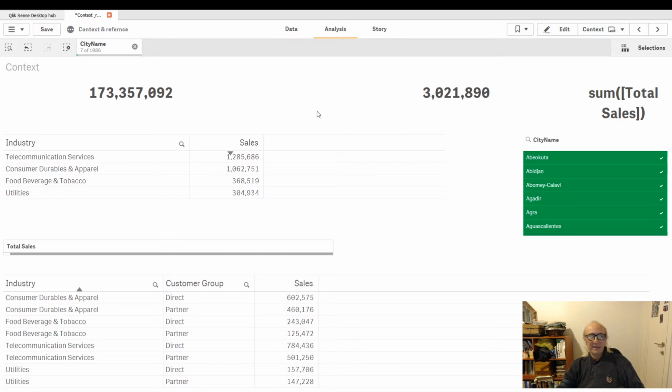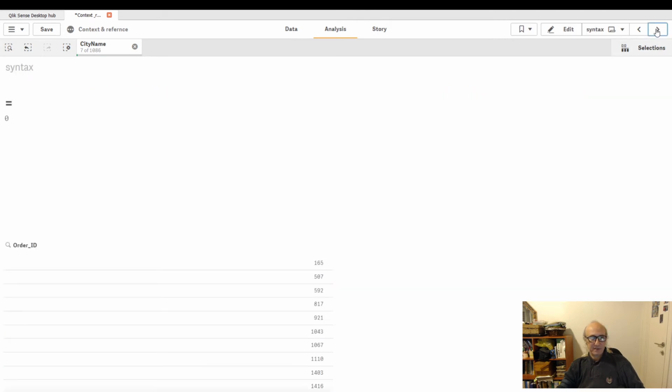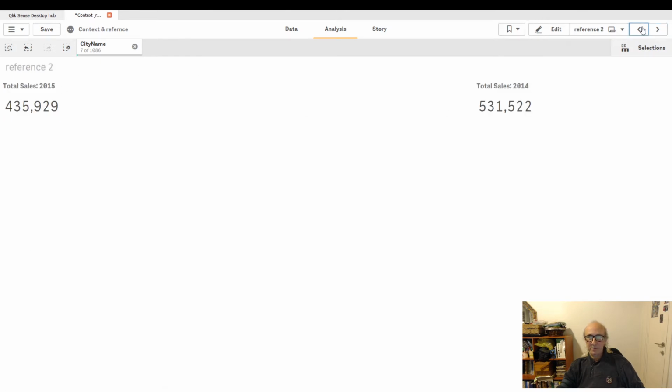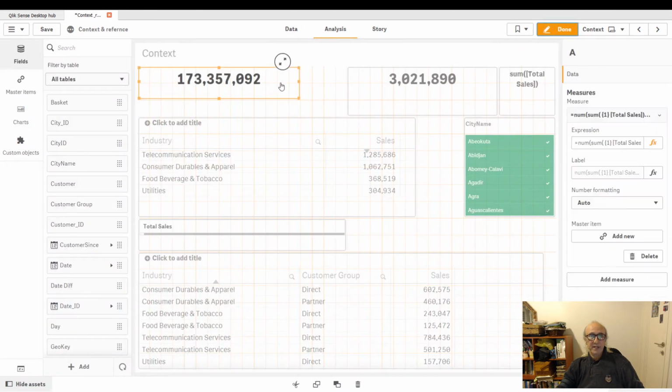But never mind. So we talked about set analysis. I deleted the syntax. We have enough syntax as of this. Okay, so actually we have now used set analysis inside an expression. We used the identifier